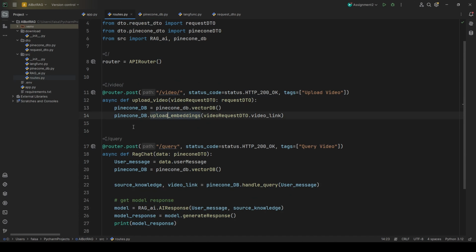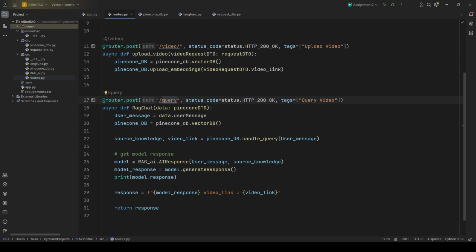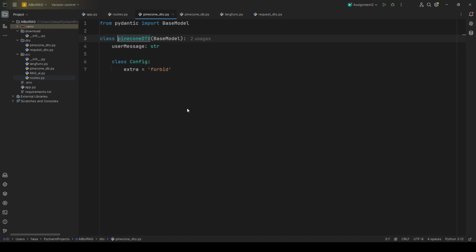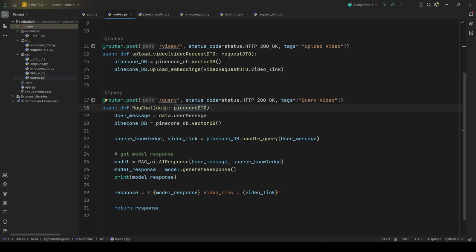And then we have another endpoint, that is query. So this endpoint will be used to receive the user query, and this is an HTTP POST method. And here if I go inside this Pinecone DTO, here we are taking the user message. So once we get the user message, we are creating the instance of our Pinecone DB by using the Pinecone DB vector DB class. So here we get the instance of our Pinecone, and then in Pinecone we have a method that is handle query, which takes the user message. So if I go inside this method,